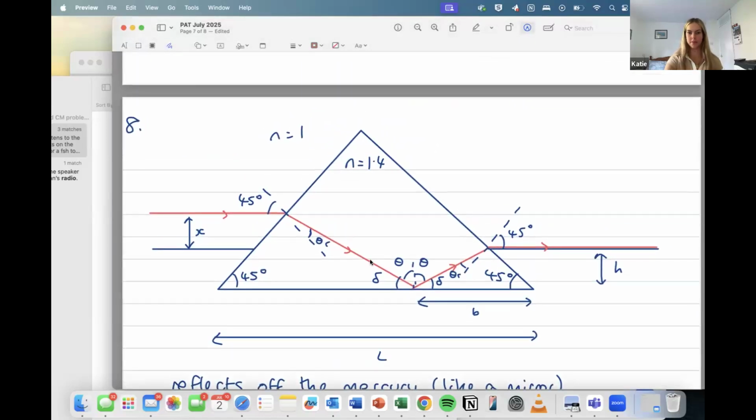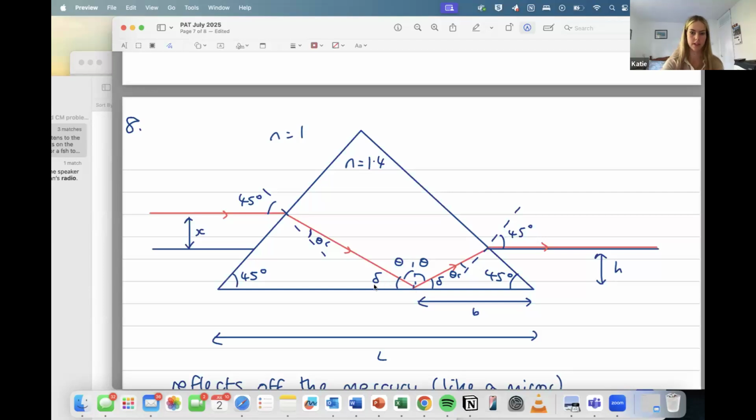So this is the diagram that I drew. So you've got the incoming light, we're going to say it's at a distance x above the Mercury, that enters into the glass, and straight away we know that this angle of incidence is 45 degrees just from the setup of the question. So because this angle will be 45 degrees, this is 90 degrees, so this is 45 degrees. And then it refracts as it enters the glass block, since the glass has a higher refractive index. So I'm going to label this my theta r, and it travels through the glass block until it reaches the bottom, at which point it reflects.